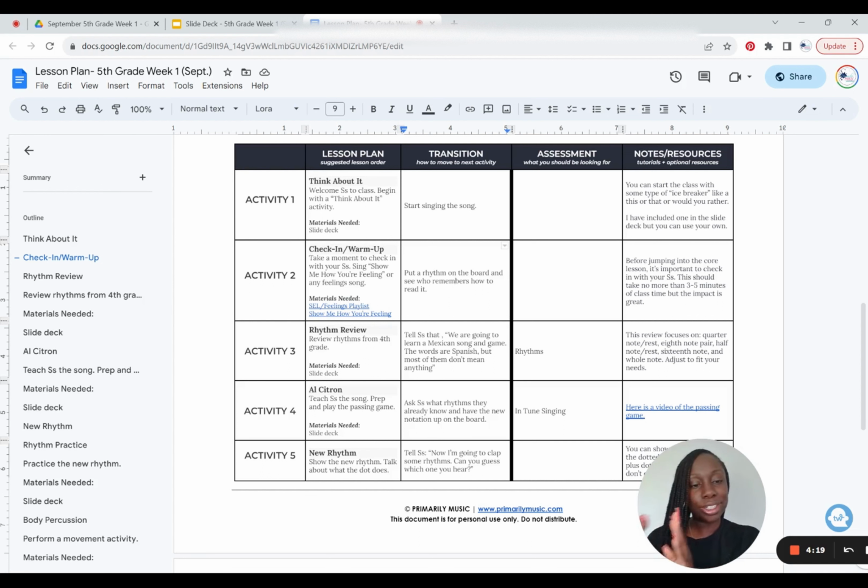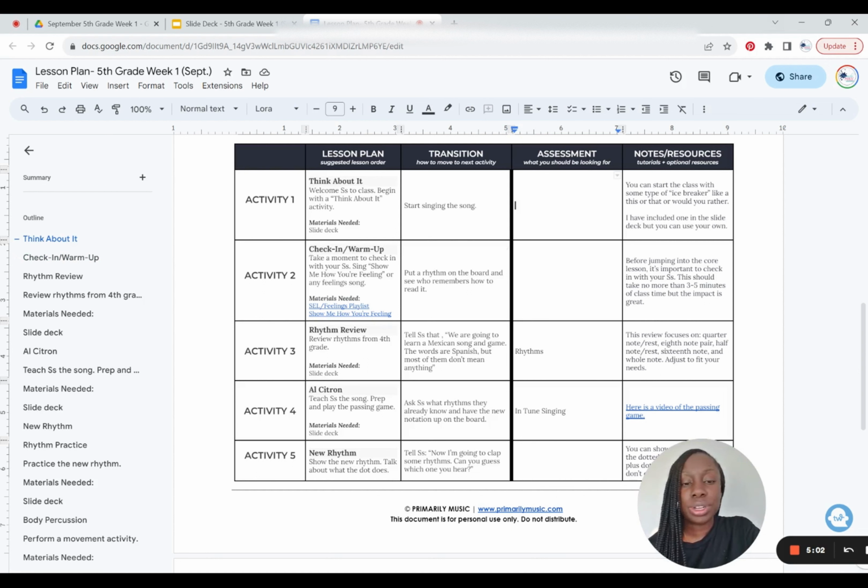As much as you plan out your activities, it's important to also plan how you're transitioning from one activity to the next. The way I have listed my activities here is how I would do it in my class. But if you would switch activities around because you feel you'll be able to transition better that way, then do that. Transitional time is critical to keeping your class moving and your students on task so that you don't have as many behavioral issues.